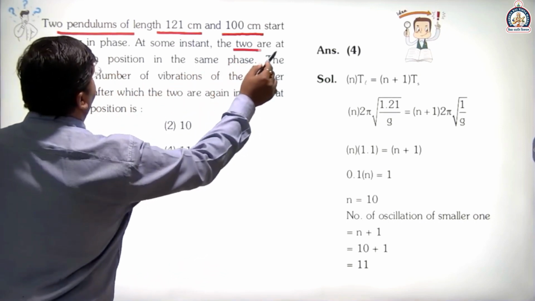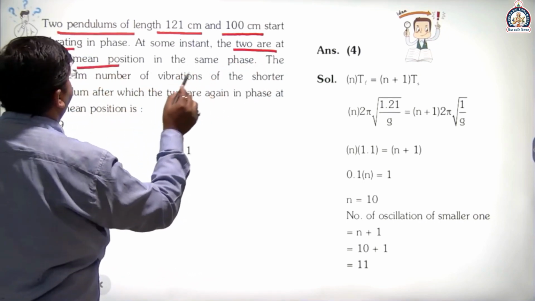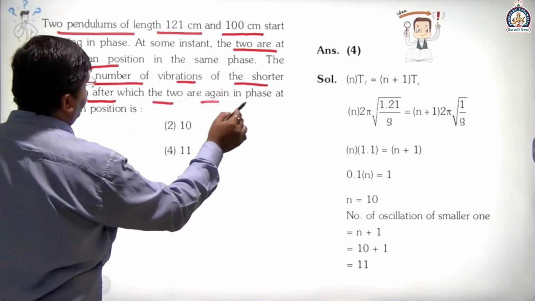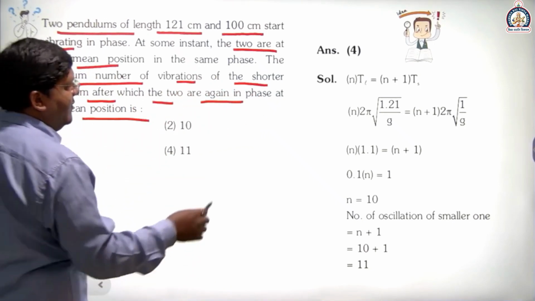At some instant, the two are at the mean position in the same phase, and the minimum number of vibrations of the shorter pendulum, after which the two are again in the same phase position. We all know